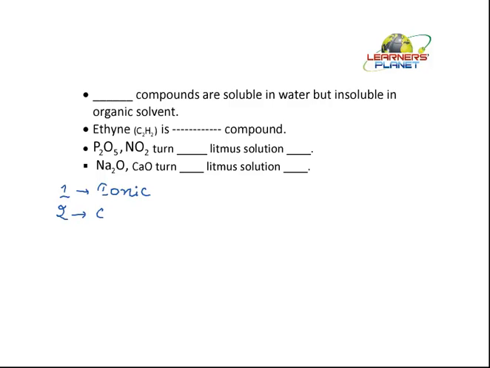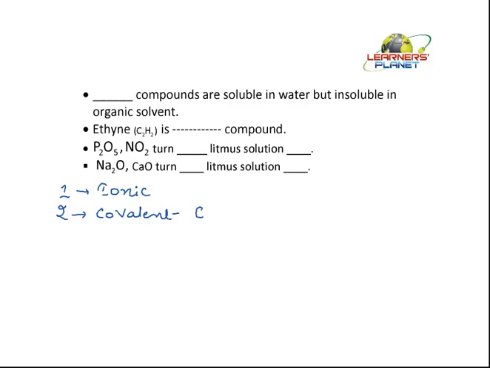It would be covalent. So it's always that metals form ionic compounds, while non-metals form both types of compounds, ionic as well as covalent. But here carbon particularly forms covalent compounds, because in case of carbon, say what is the